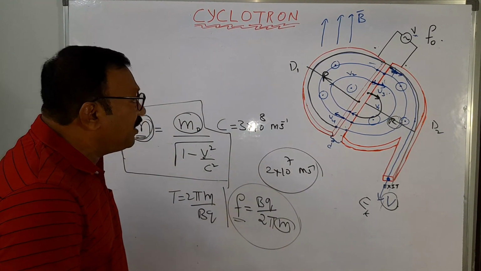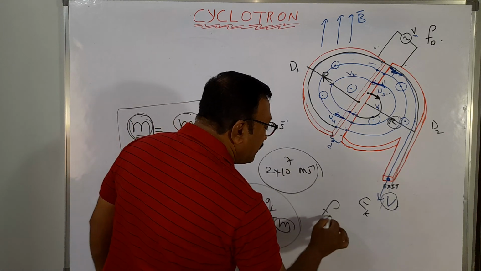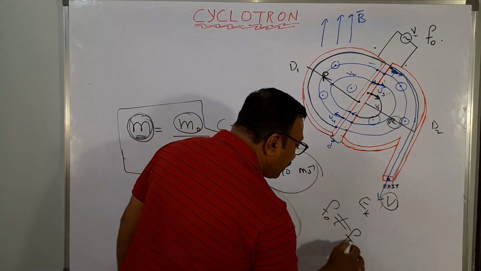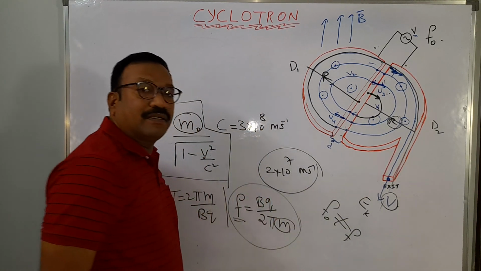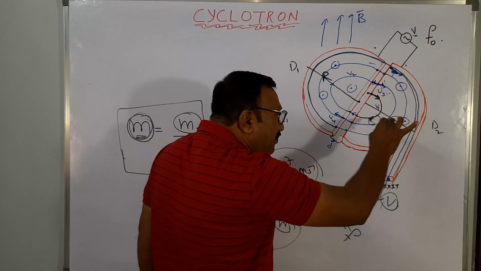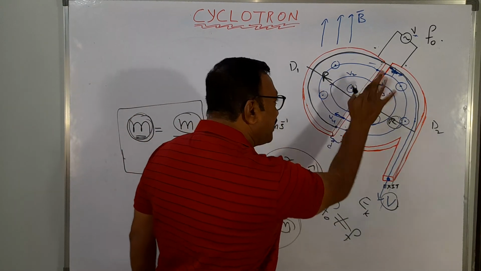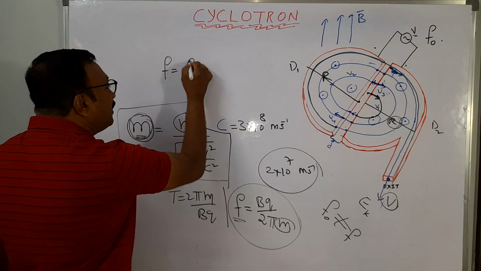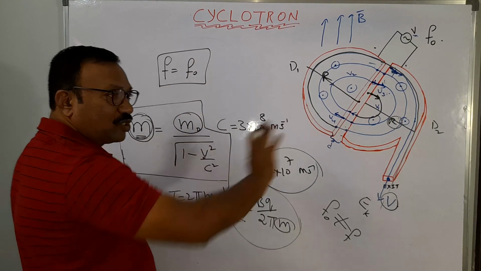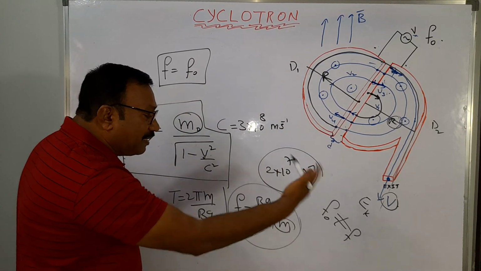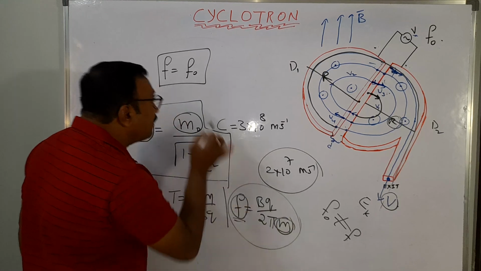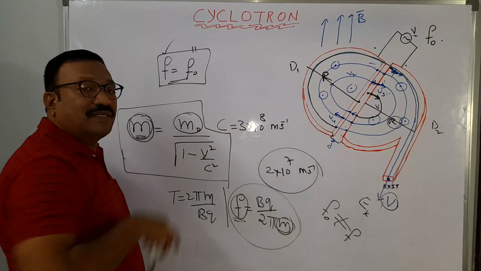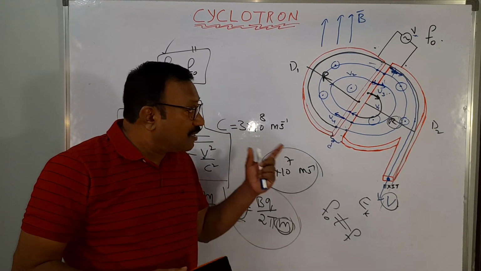When the frequency is changing, the applied AC frequency may not be equal to the frequency of this particle. See, when it exactly completes a half cycle, I am changing polarity. Again a half cycle, again changing polarity. So I said that the frequency of the particle and the frequency of the AC are equal. I kept it under resonance, I said. But if the particle's speed is very high, the mass is increasing, then this frequency is changing, whereas this is constant. So how can I make resonance there? It is not possible. So there is another drawback here.